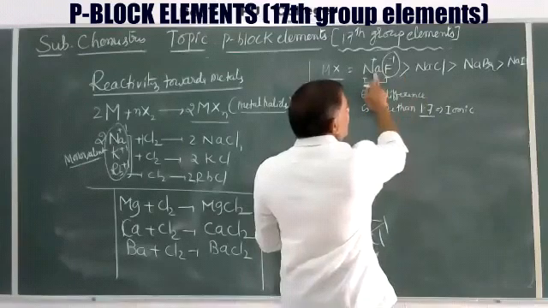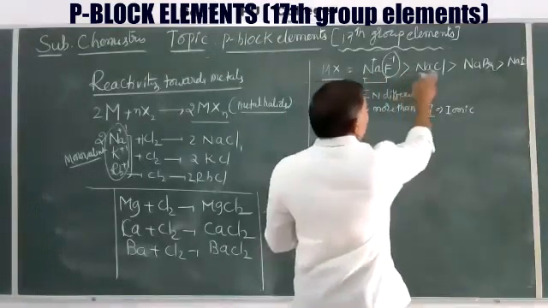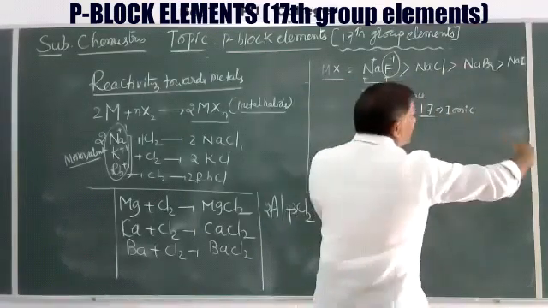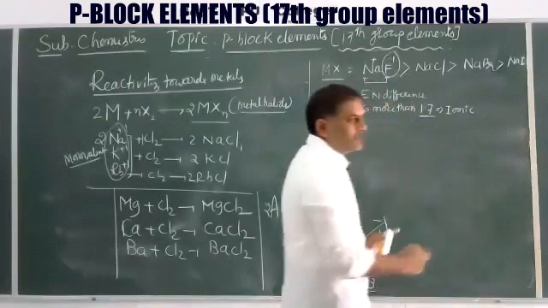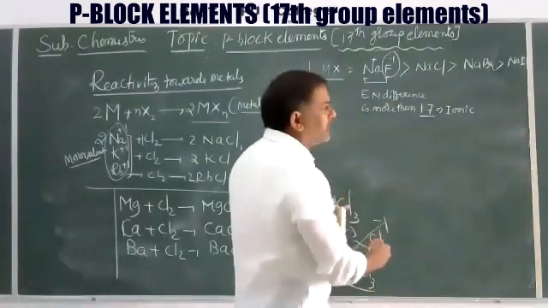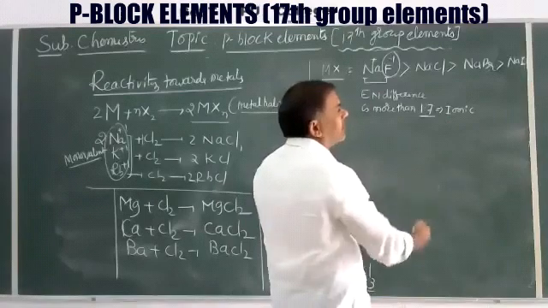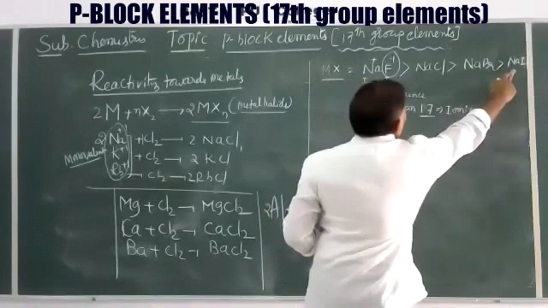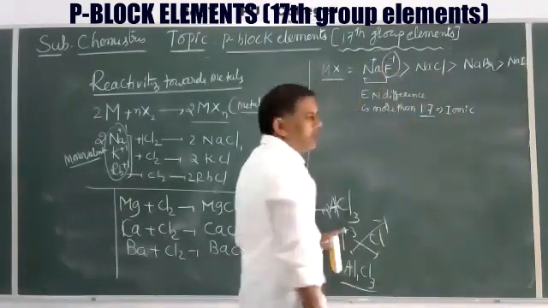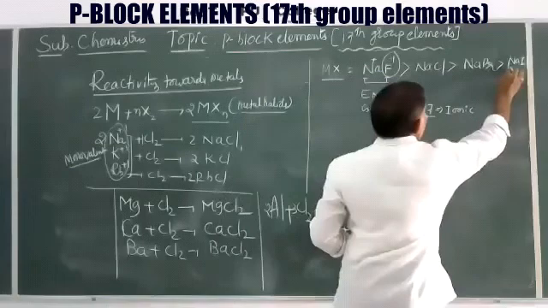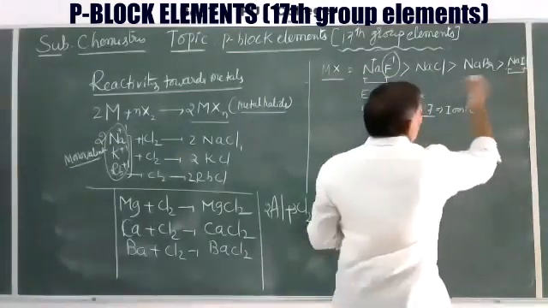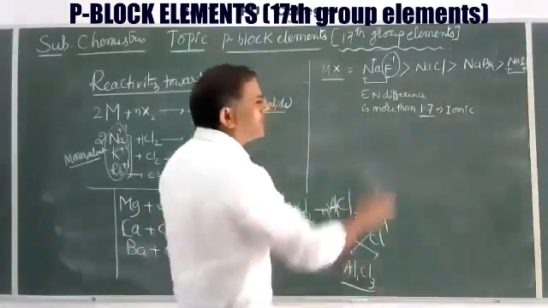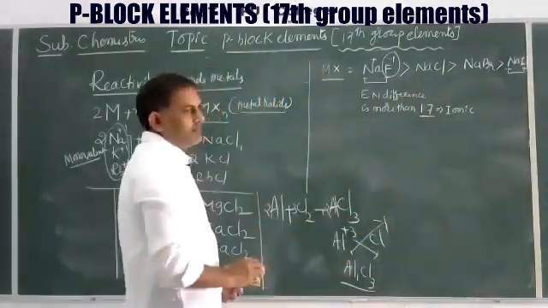Because for a given cation, Na is the same. For the anions F minus, Cl minus, Br minus, I minus, from top to bottom what happens to electronegativity? It decreases. Electronegativity decreasing means ionic character decreases and covalent character increases. So this is covalent in nature, and this is ionic in nature. Here the electronegativity difference is less than 1.7, or compared to this, the electronegativity difference is less. That's why this is covalent in nature and this is ionic in nature. Not only this,